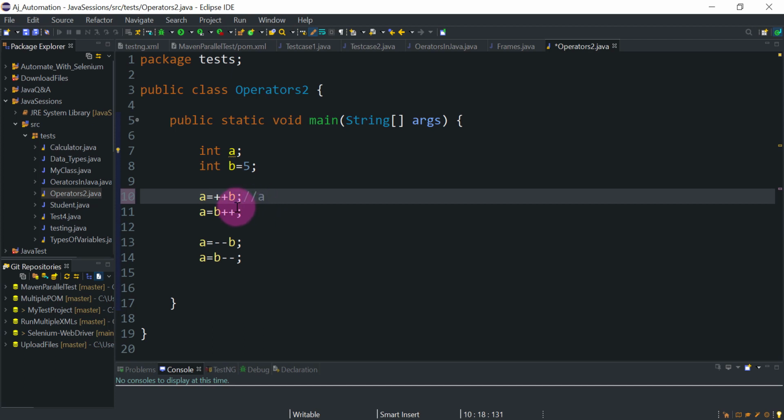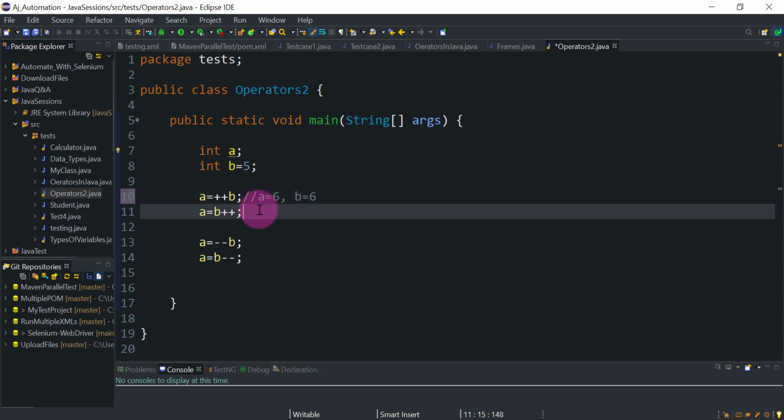As I said, this is pre-increment. So the value of b is first incremented and then that value will be assigned to variable a. So value of b is 5, it will be incremented to 6, and that 6 value will be given to a. So a will be 6 and b will also become 6, right?